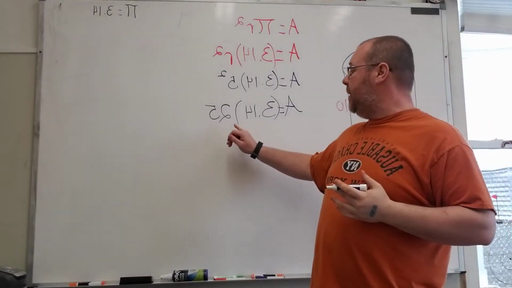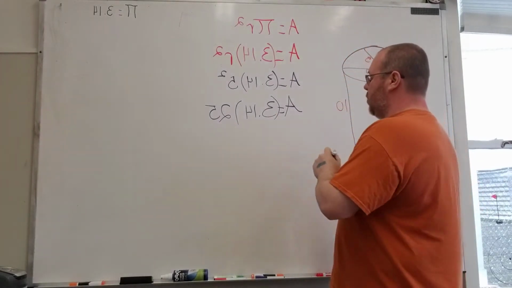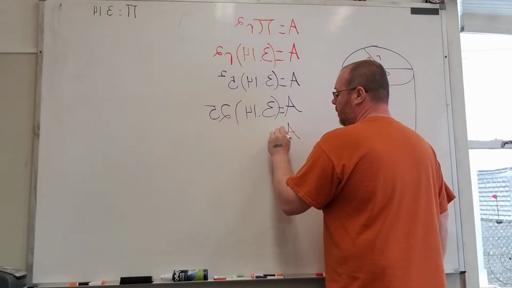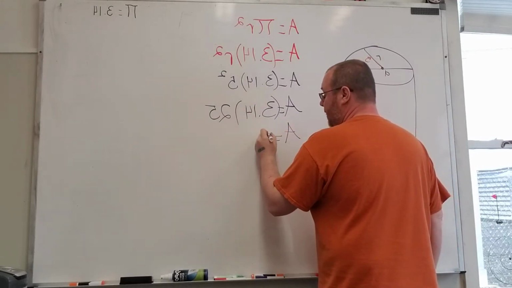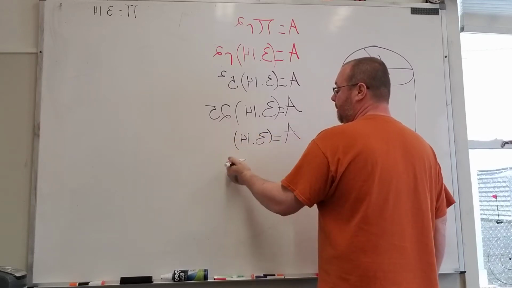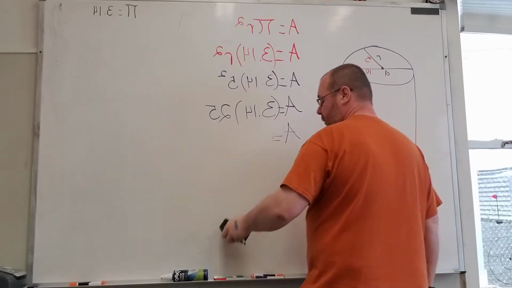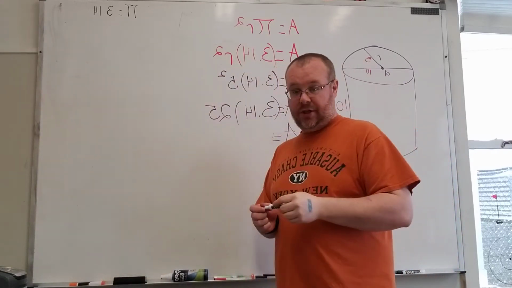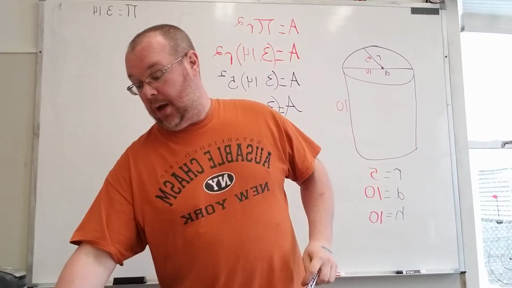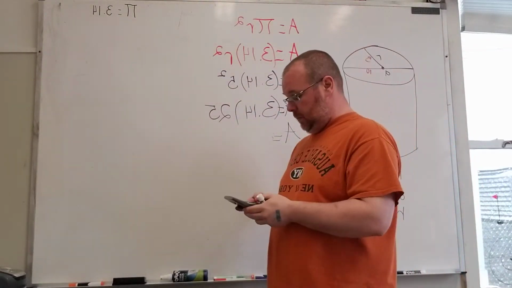Our last step is to multiply our pi times our radius squared. Now I can do a lot of mental math. I did not need to write that. Everyone makes mistakes, especially Mr. Fitzsimmons. All right, so we're going to multiply 3.14